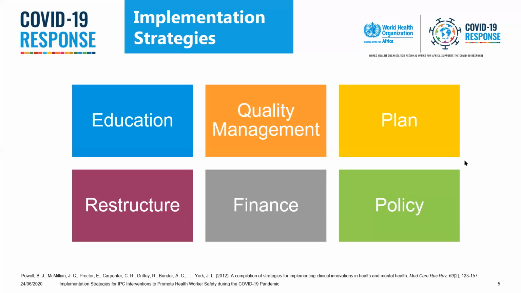The challenge is that we know education alone, training alone, does not change behavior. It's only when an educational strategy is combined with one or more, I should say, of these other categories on the screen that we can actually start to implement effective change, okay? So I'm going to talk a little bit about this education piece because we do focus on it a lot during epidemics, and we have to be careful sometimes not to over-rely on it.